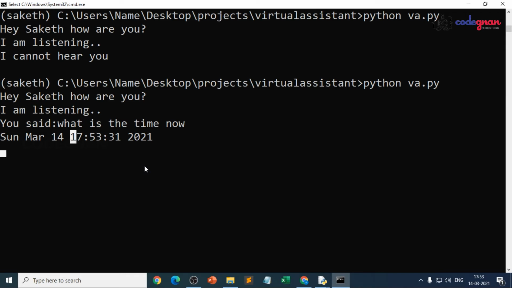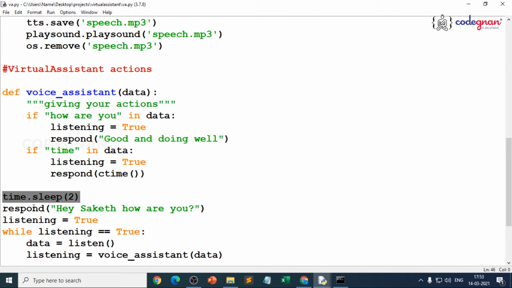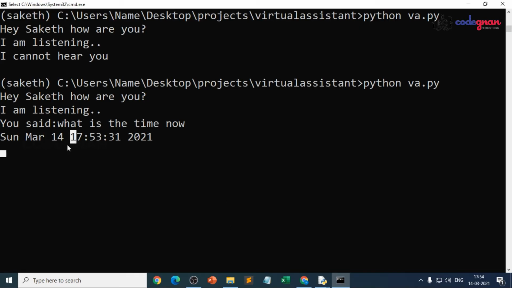See, whether it is waiting for the next instruction or it has just stopped over there. What we have done is given time.sleep of 2 seconds. Because in the program we have given time.sleep of 2, it is responding and there is no proper execution over there.